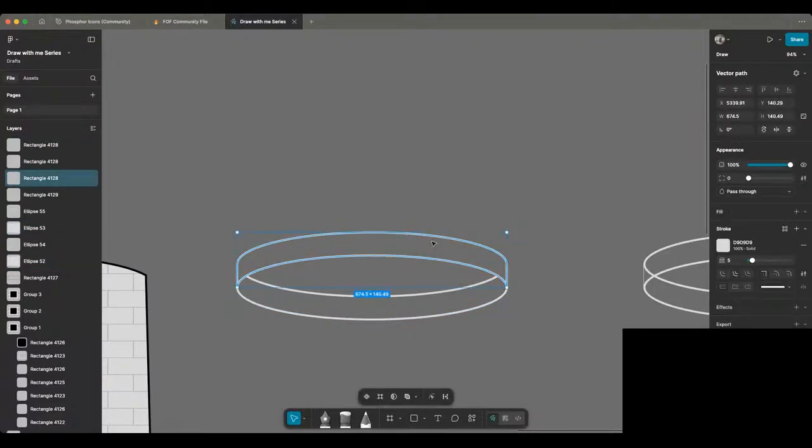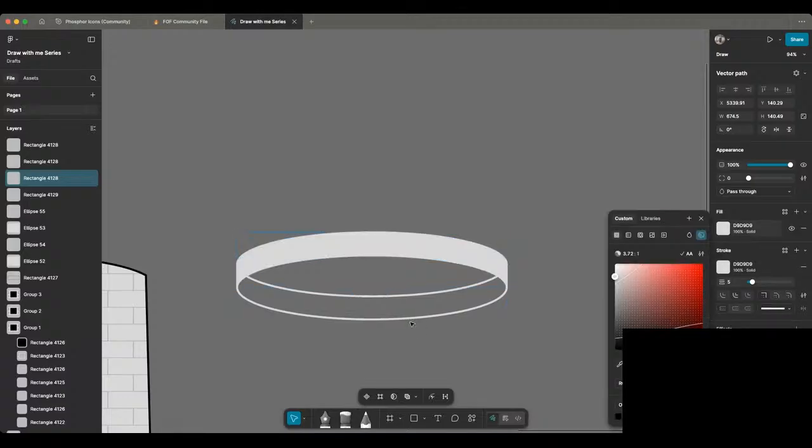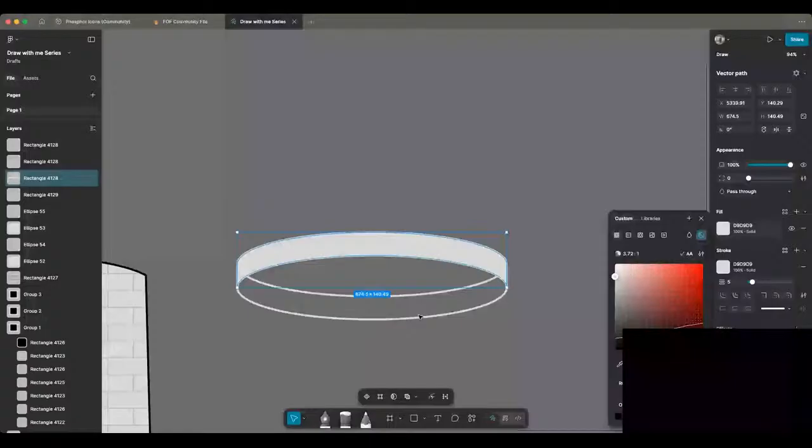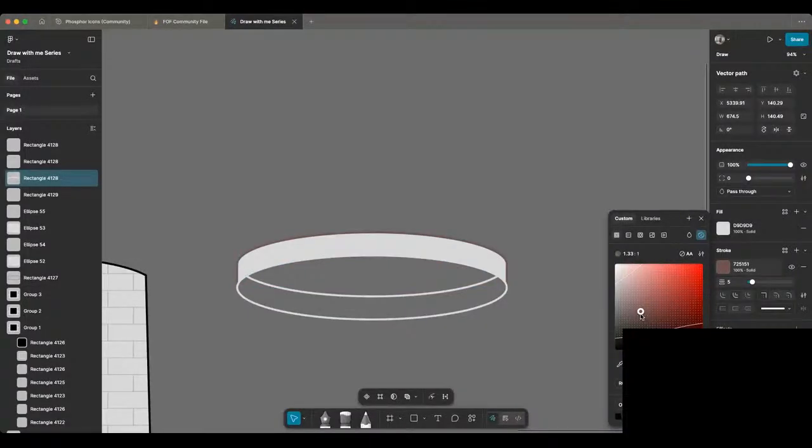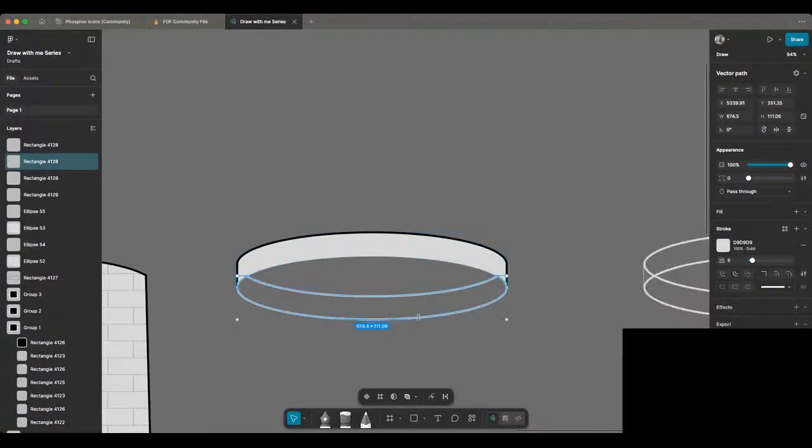Center, and our stroke 5. We add this one. We give it our fill. And our stroke stays black. And we give